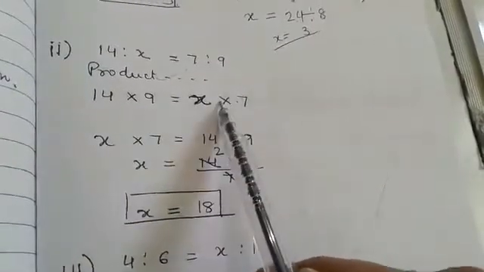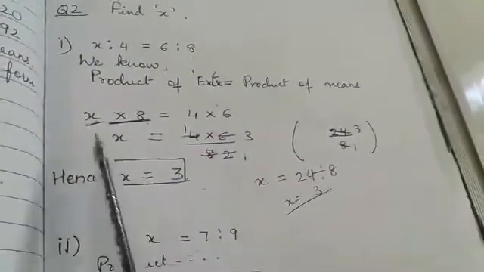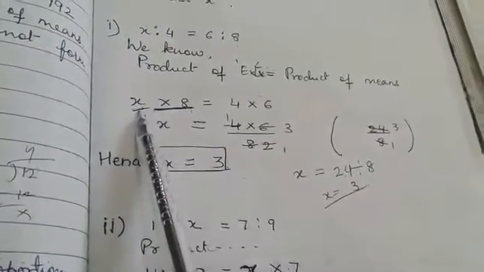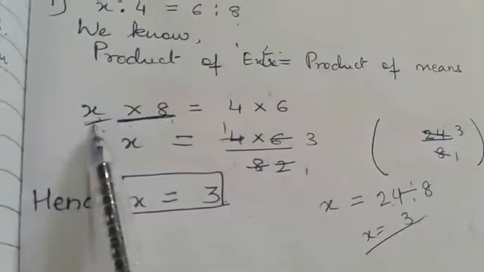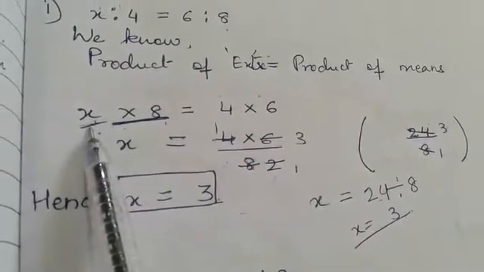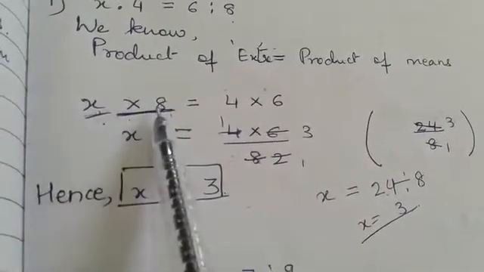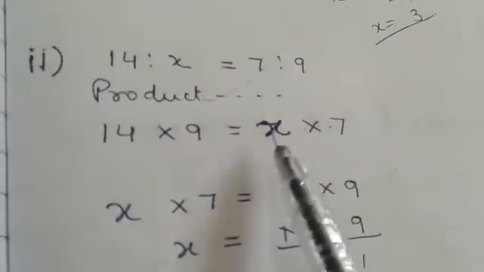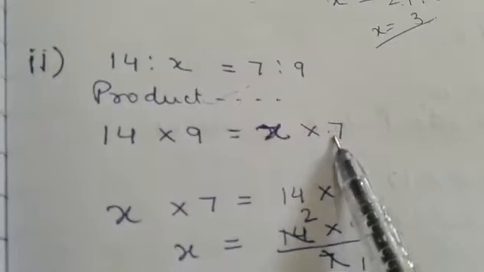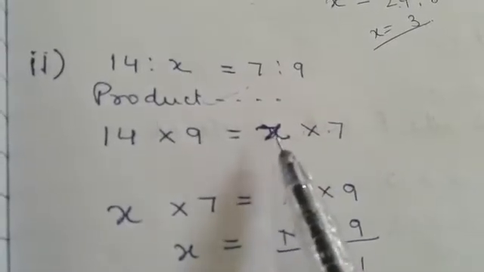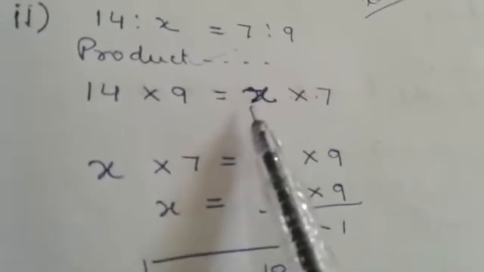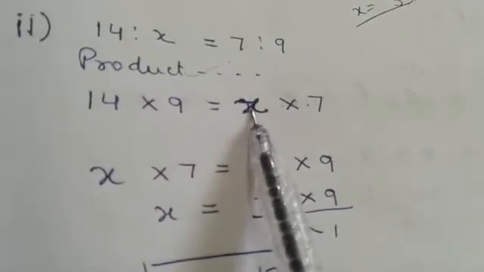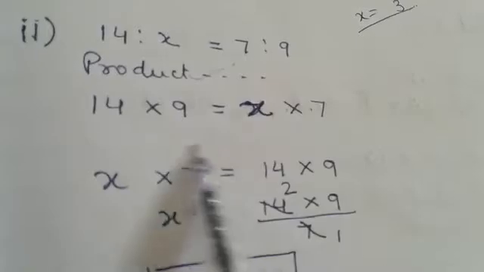So now you will say, in the last question, if you have seen, x was on the left hand side, LHS, right? So we kept x there and we transposed 8 to the RHS. But in this case you will see x is on the right side. So do not get confused at all. There are two ways you can work on this. First is keep x here on the RHS itself and transfer this 7 here.